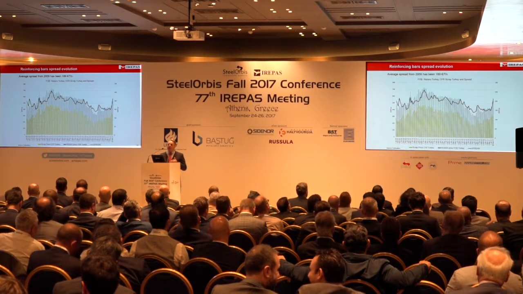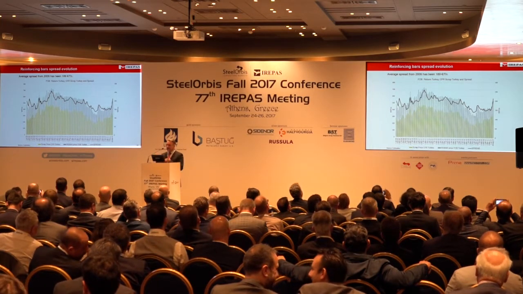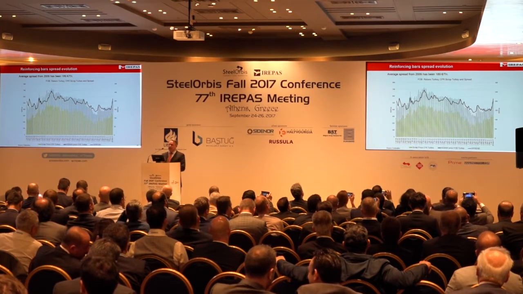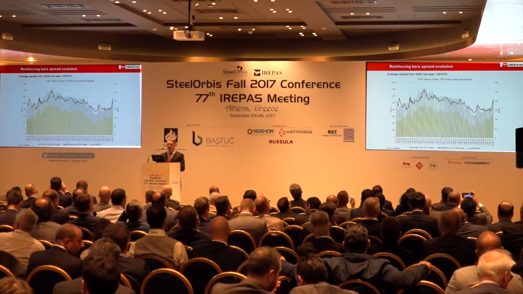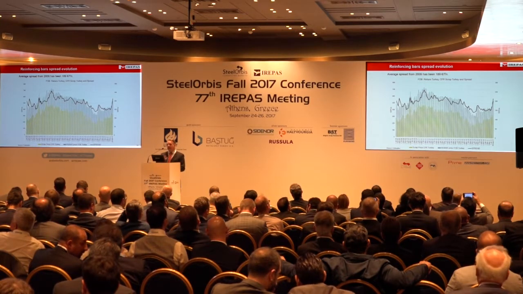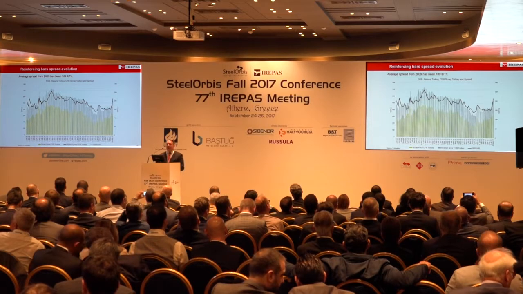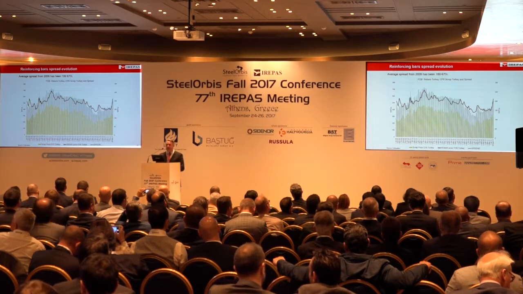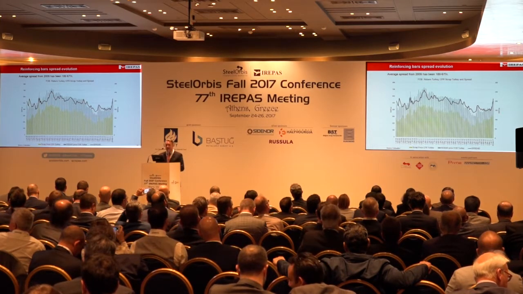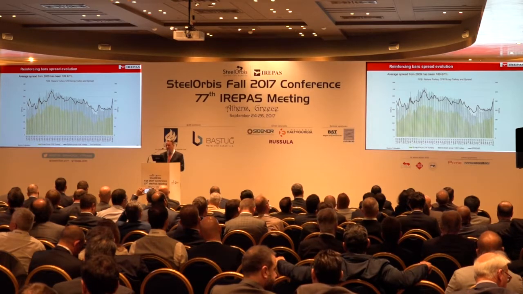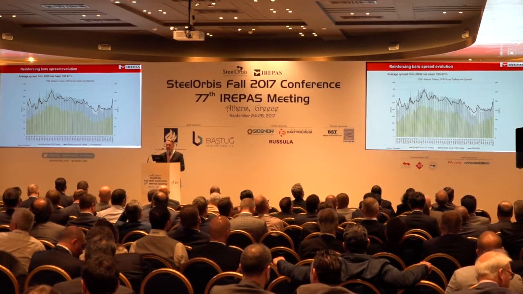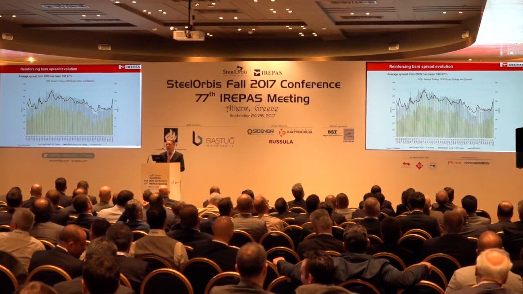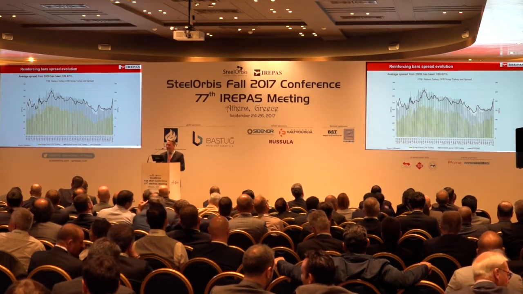The spread is the difference between the rebar's price FOB and the scrap price CFR. In this slide, I have represented the monthly spreads from 2009. You can see that the black line represents the spread. You can see the amounts on the right axis of this table, and you can observe that it has ranged from 140 euros per ton,